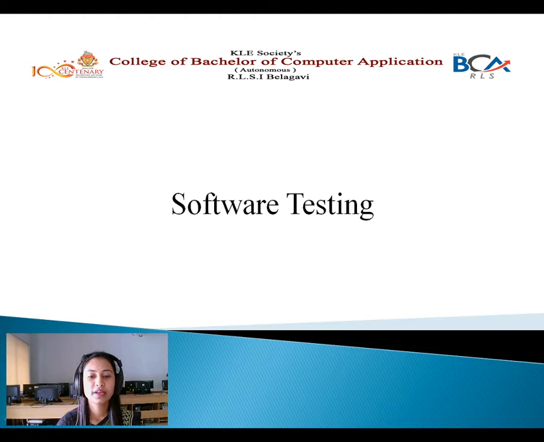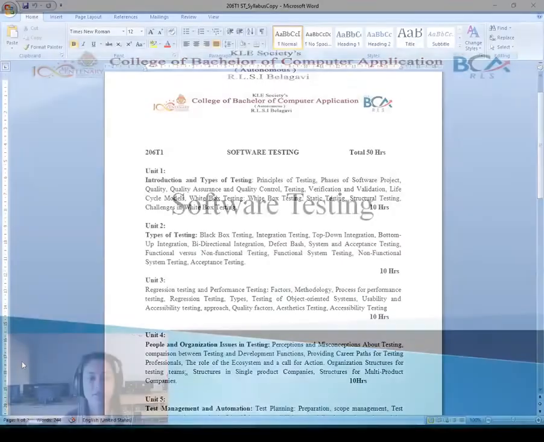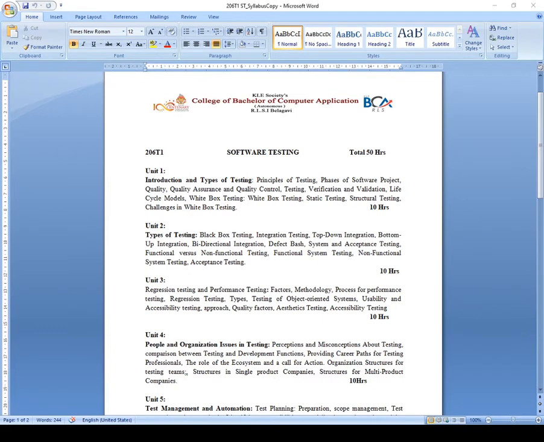Now let me give you an overview of your subject, the syllabus. Coming to the software testing syllabus, unit 1 consists of introduction and types of testing.